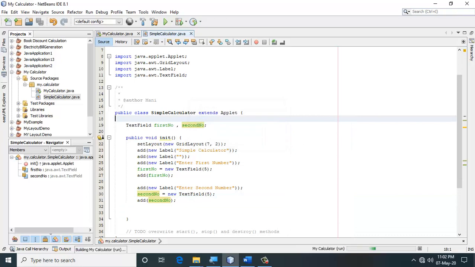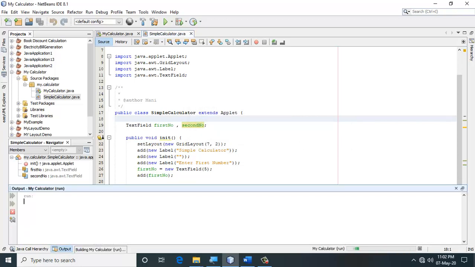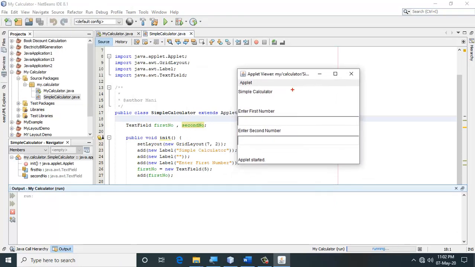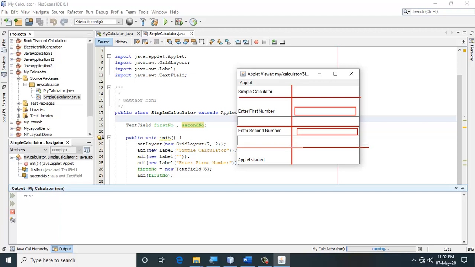You notice that the calculator appears like this. Again you will notice that the things are not appearing properly. There is a column on the left hand side and the right hand side. This part is appearing properly, and you are expecting the text field to appear on the right hand side column, but it is not appearing. It's all right for us. We will continue with the third row.